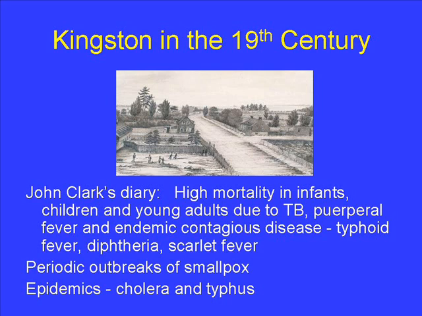At the same time, in the 18th century in Canada, there were periodic outbreaks of smallpox that occurred across the country. And they were particularly devastating to the native people who were naive to this infection for the first time. And very often the mortality in the native people would be of the order of 50% rather than 25%. But the other issue which was superimposed on all this were the epidemics of cholera and typhus that occurred during the 19th century.